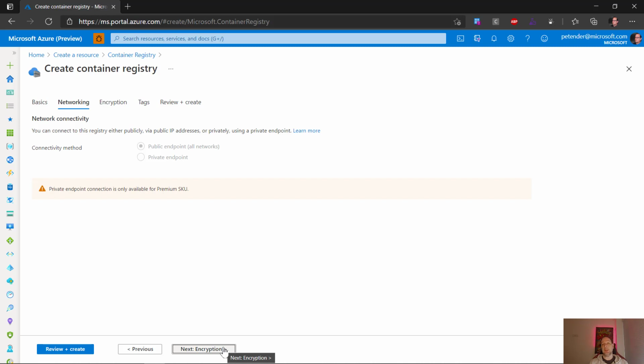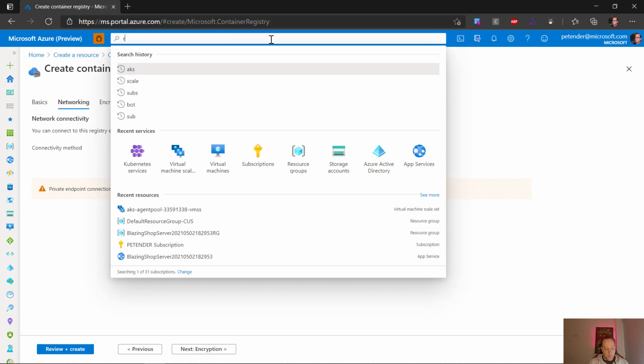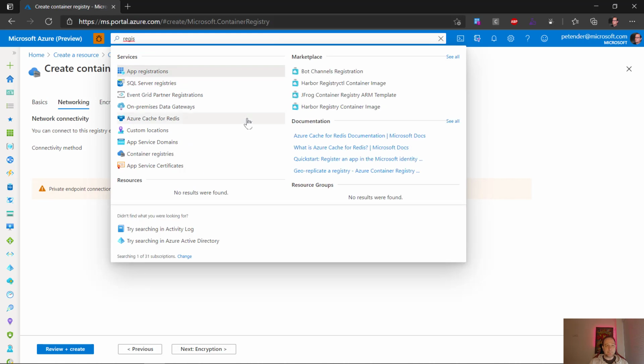So you could decide if you want to keep all your container images in a more isolated environment, you would probably go for private endpoint, and otherwise you would go for public, which means that all networks within Azure and also from the outside of Azure could connect to your registry. Now keep in mind, if you want to use that private endpoint, you need a premium flavor. What I did is obviously already deploying a registry